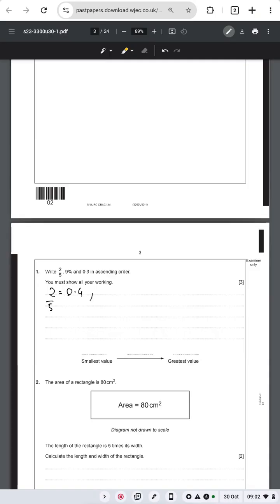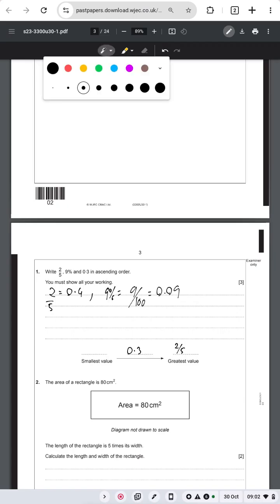We could also think about that as there are 4 5s in 20, so in 2 we have to move the decimal point 1 step to the left. Next up, 9%. This is equal to 9 divided by 100, which is 0.09. So that is the smallest. The next is the 0.3, and then finally we have the 2/5. And we should write it down in the same form that they'd given it to us at the beginning. So this should be